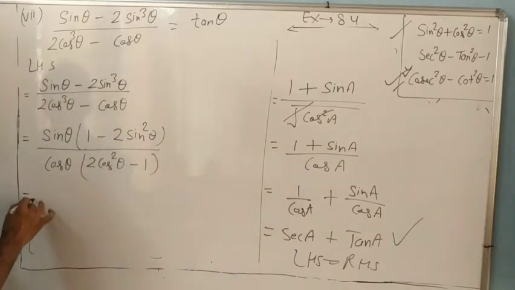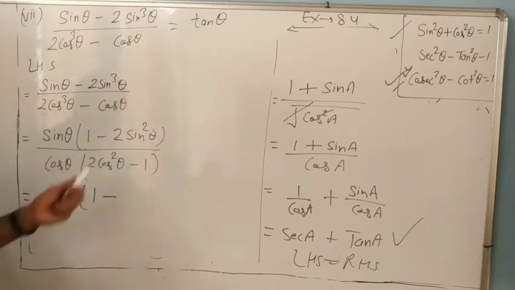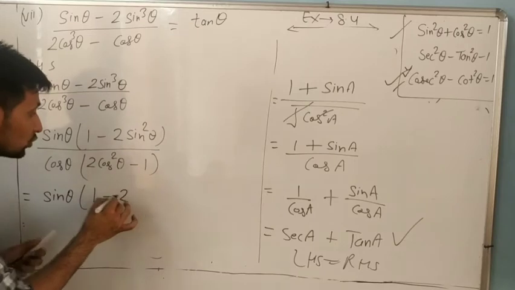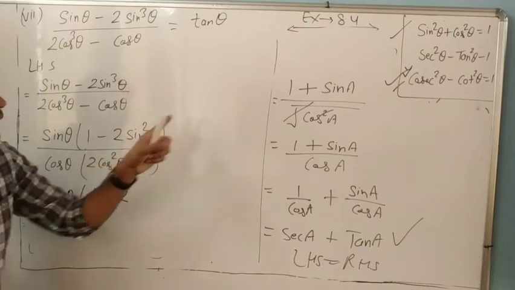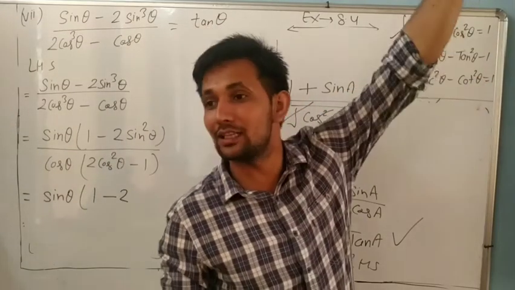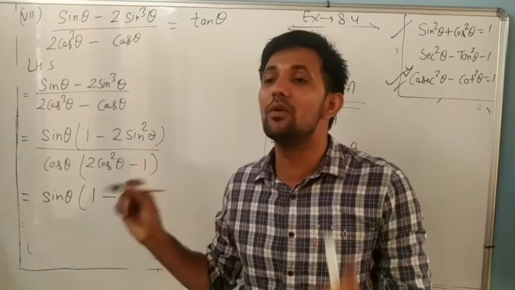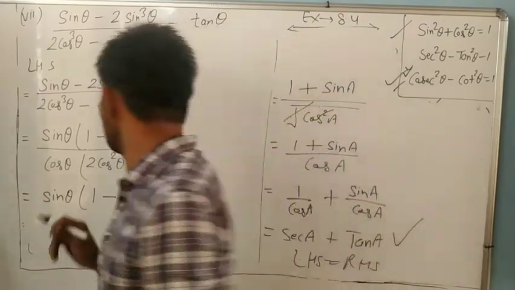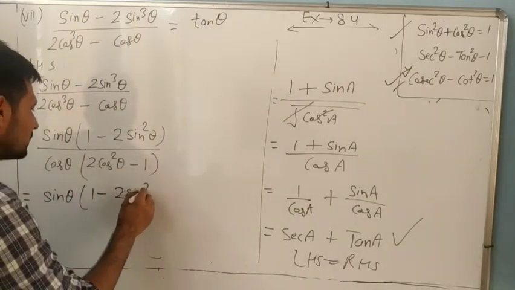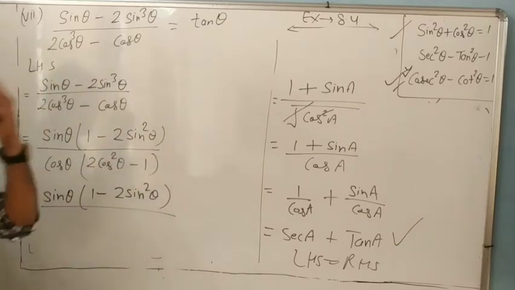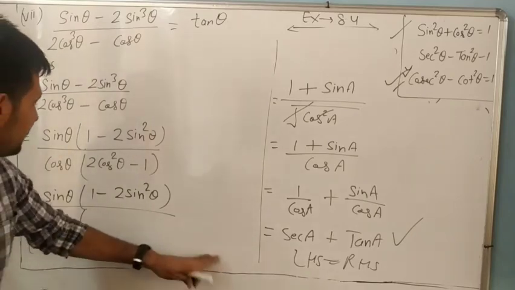Okay. Suppose we are changing in the numerator. Very good. 1 minus, and if the minus sign is outside, then sin square theta is always cos square another side minus. When there is more than one term and a minus sign, we use a bracket. Otherwise don't worry. 1 minus 2 sin square theta. You can change the denominator also. Any one in which you are convenient, you can change.